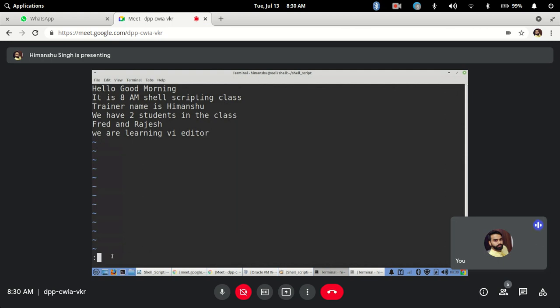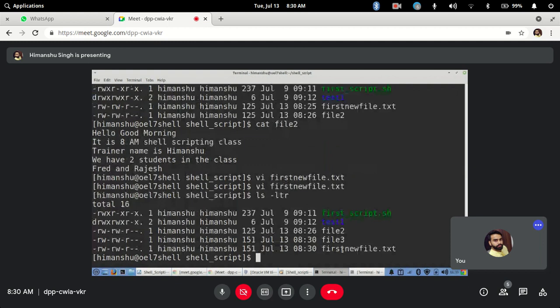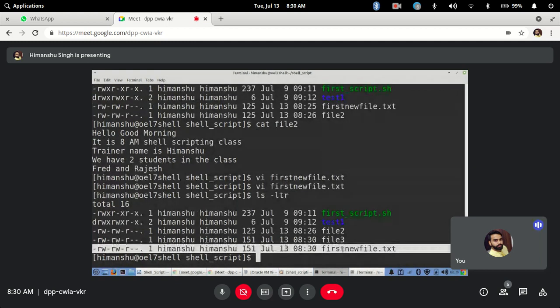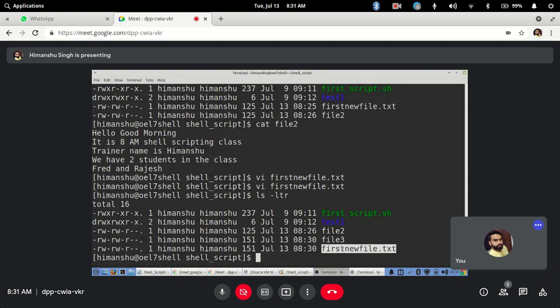Now if I go ahead and quit, at that time it will ask you what you want to do. If you do WQ here to exit, then it will save to this file. Only then will it save. If you just do quit from this file, then it will not save in this file. Earlier I was just doing quit, right?